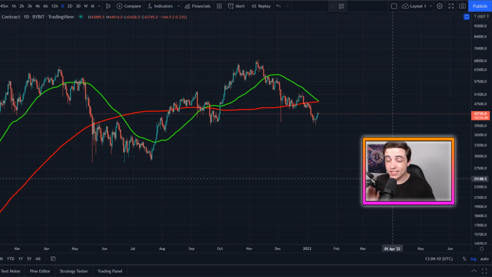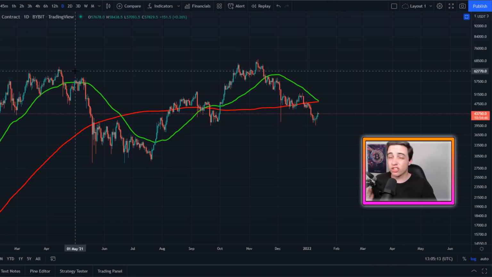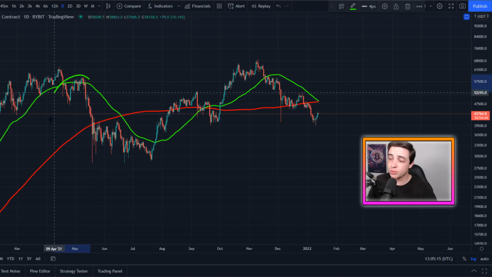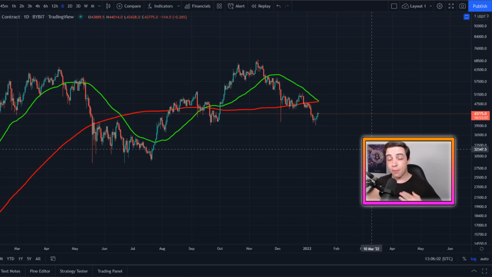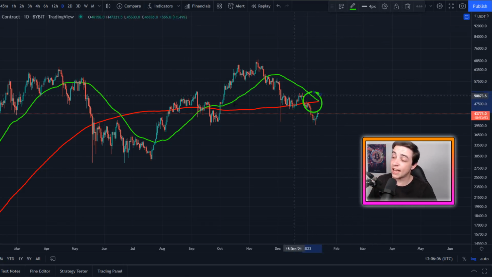So just to summarize this segment of the video so far, these golden crosses and death crosses aren't really that accurate because all they really do is just tell us what happened in the past, in previous price action, and they don't really tell us what is about to happen in the future. So in my personal Bitcoin strategy, I hold absolutely no weight to these death crosses and these golden crosses.